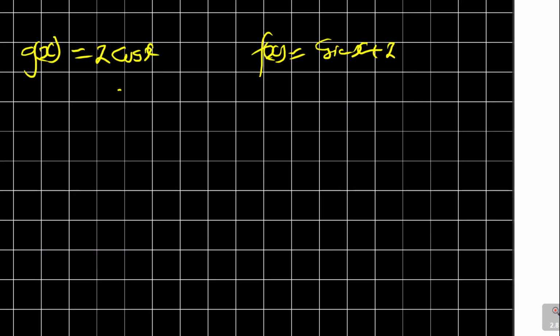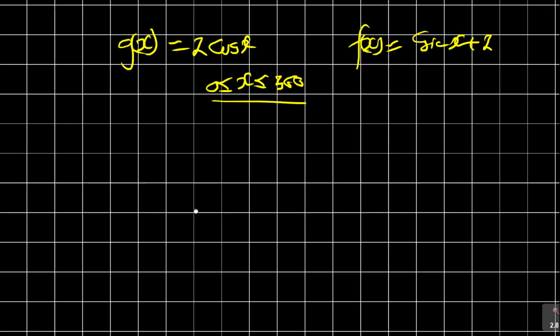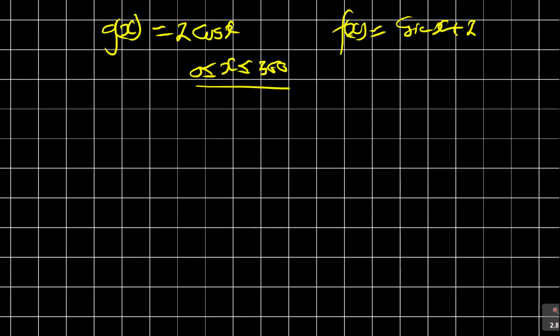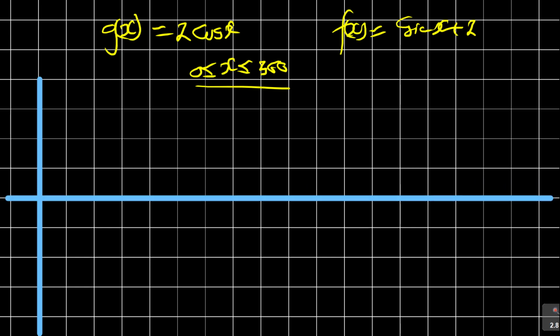So for this graph, it's 0 is less than or equal to x is less than or equal to 360. I showed you that the calculator is the one that does the job here. You don't have to stress yourself. So you're starting, obviously, if you checked, you're starting like this, and from 0. So your graph is more like that. If I can just undo here and make it longer,